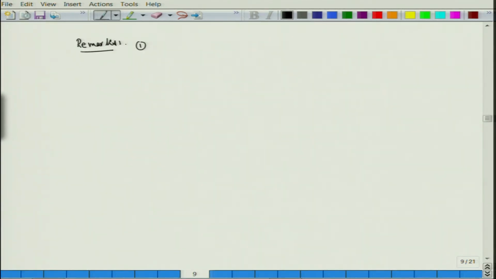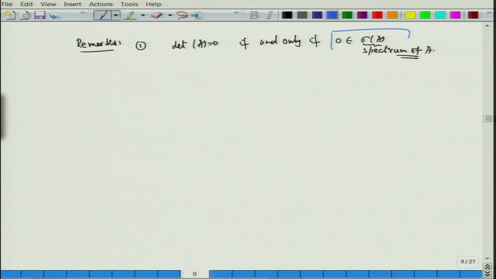Remark 1. We have not yet proved it, but we would like to say that determinant of A is 0 if and only if 0 belongs to the spectrum of A. What do you mean by saying that 0 belongs to the spectrum of A? It basically means that there exists a non-zero vector x in C^n